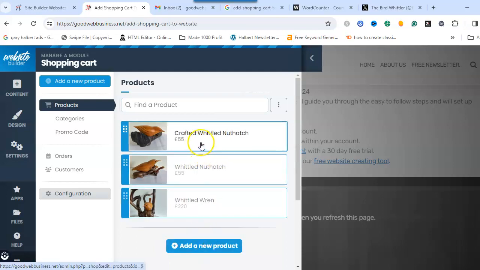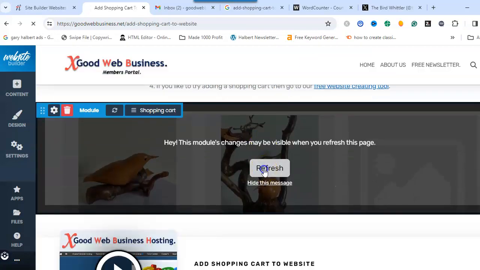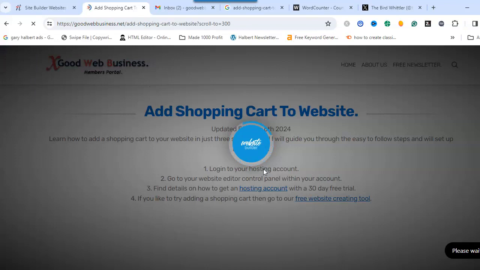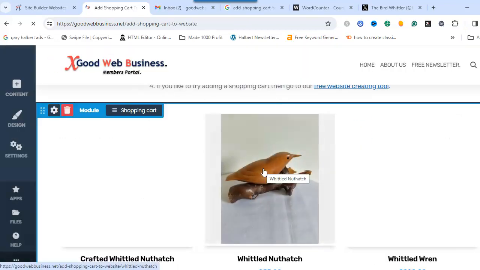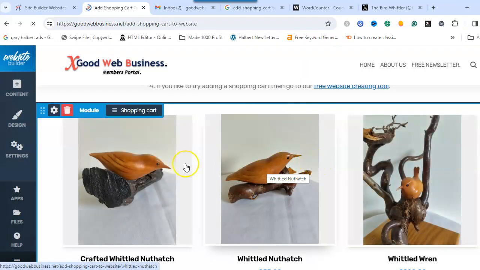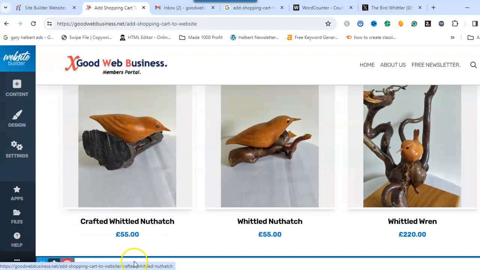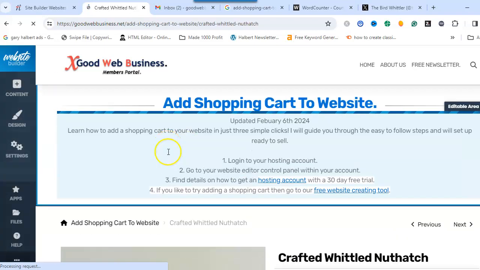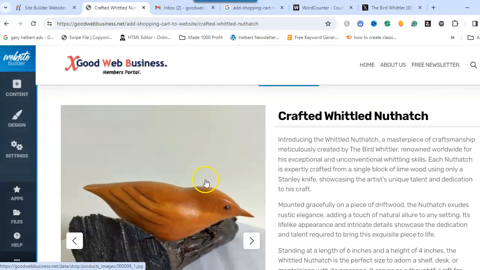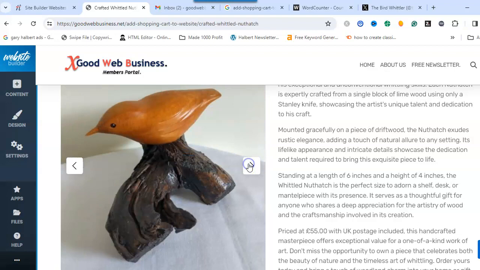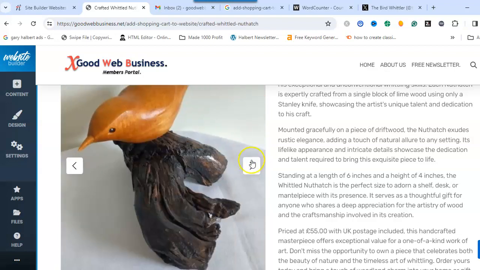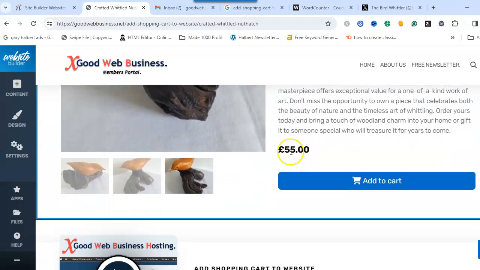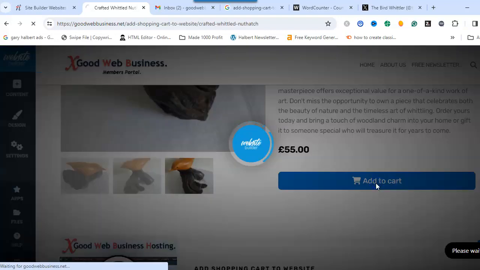and there you go, that's added the crafted whittle nuthatch. If I come out of that and then refresh, there you go. That's the product I've added with the price. If you click on it, that takes you to a page that tells you about the product, and you can also click on here and see the images. There's all the writing, there's a price. If we go to add to cart,